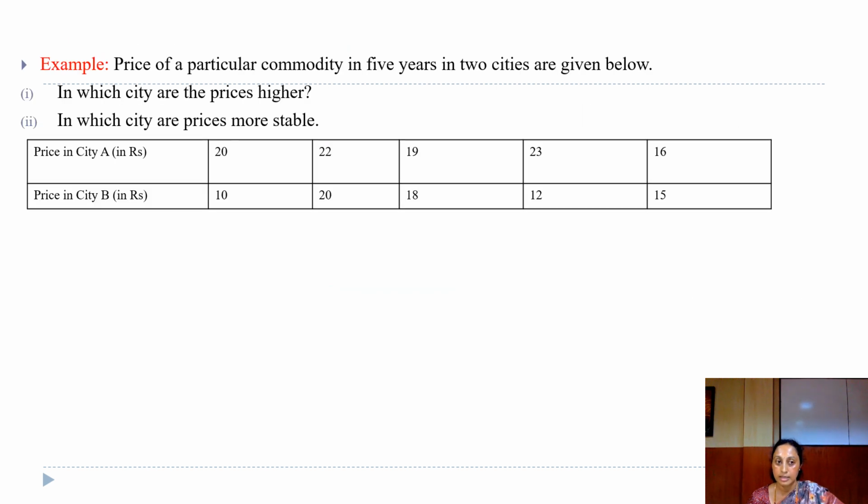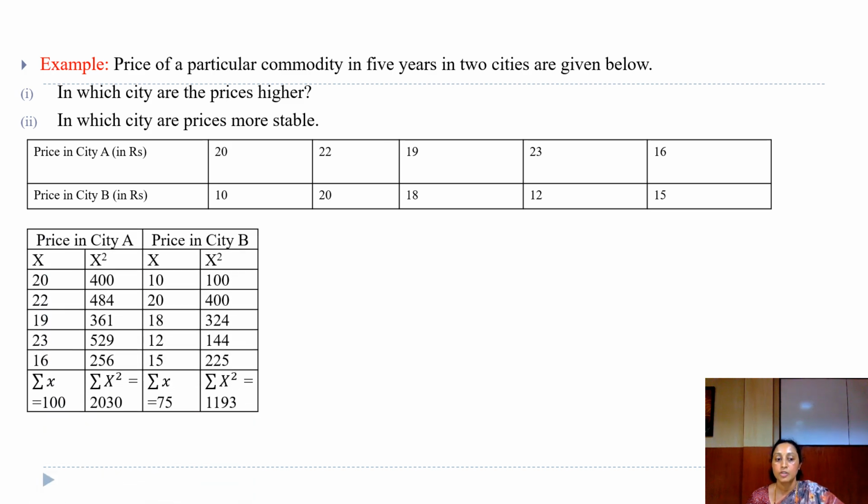Let us consider an example. Here, the price of a particular commodity in 5 years in 2 cities is given. We want to find in which city the price is higher and in which city the prices are more stable. So, this is the data set given to us. In order to answer this question, we shall find the coefficient of variation for both the prices given in city A and city B. So in order to find that, let us construct a table: price in city A,